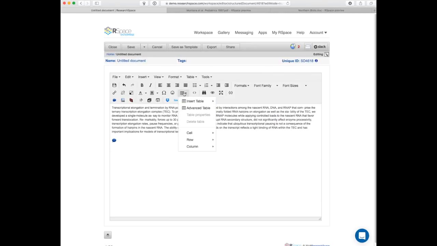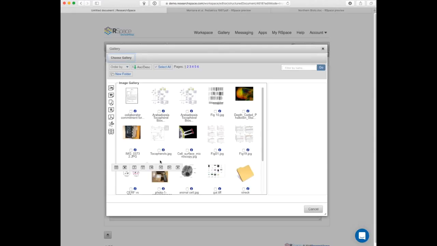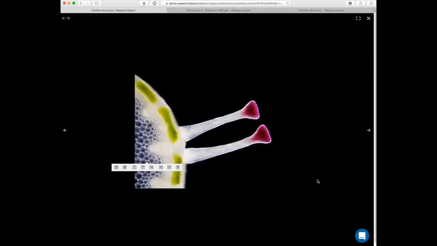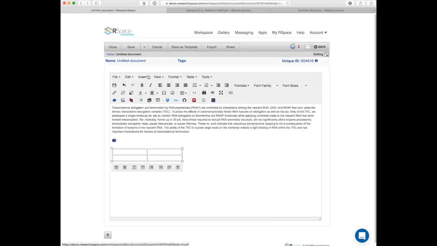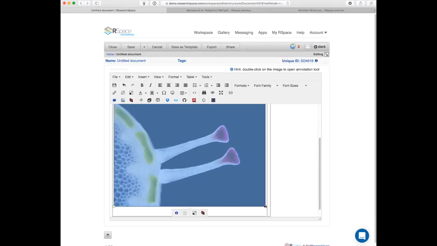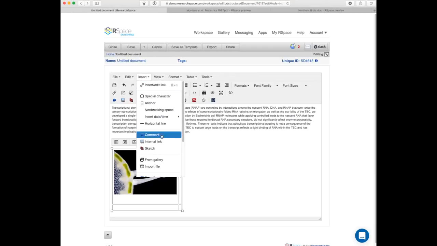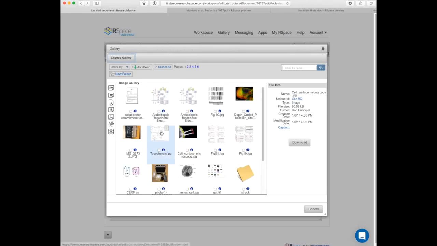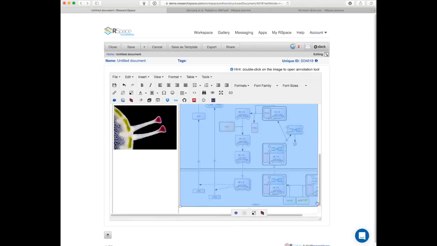For example, I can insert tables of almost any format that I like, and I can choose to insert documents into those tables to lay my page out with quite a lot of precision. So once I found a document that I'm interested in, I can select it in the gallery and say insert. If it's too big, I can shrink it down, and then into this other cell inside the table I'll insert a different document. And again, I can do this from the gallery like this,